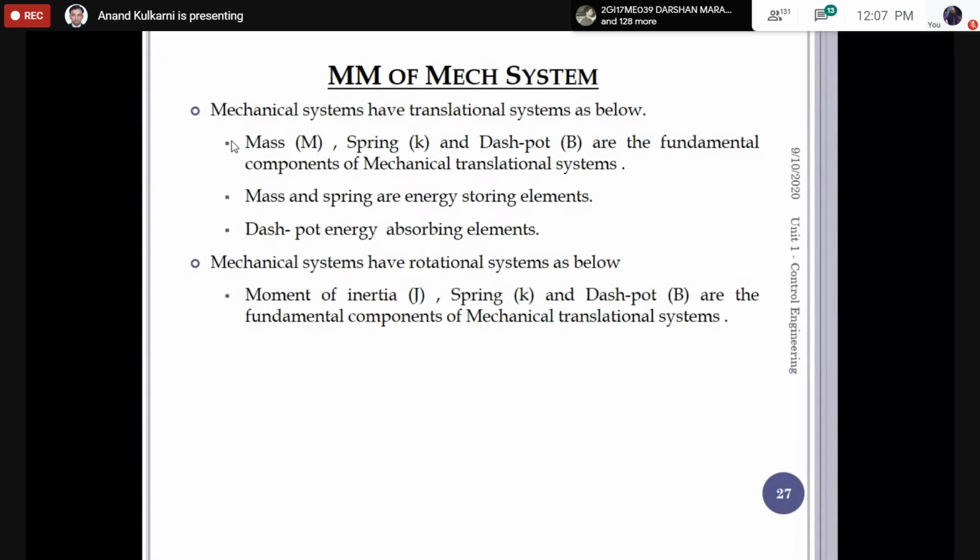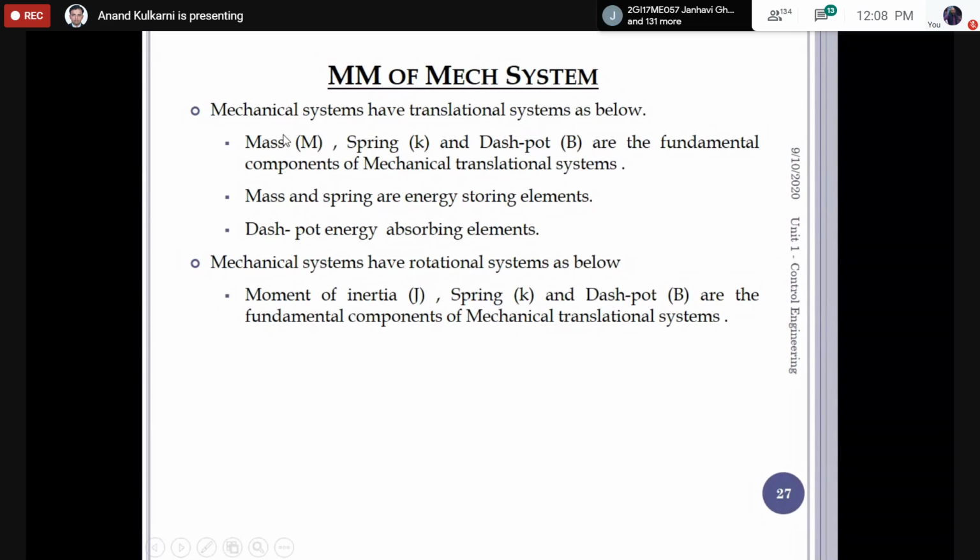So when input is given to the mass, it will absorb some amount of energy because of its own inertia. All mechanical systems generally have high inertias, whereas such inertia is mainly absent in electrical systems, and sometimes even in hydraulic systems we have a very small inertia associated with that. So in mechanical translatory and rotational systems, you have a lot of inertia associated with that. The mass is the measure of that. The mass is the inertia.